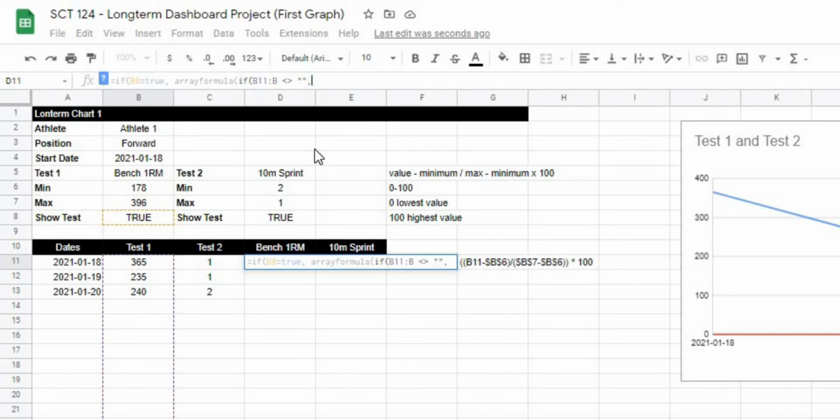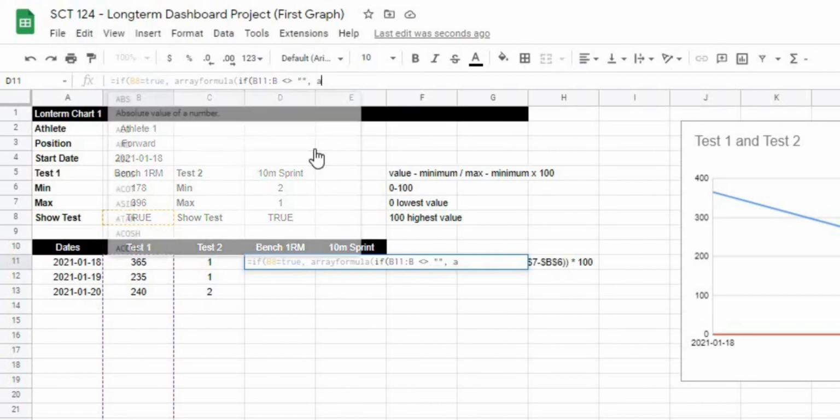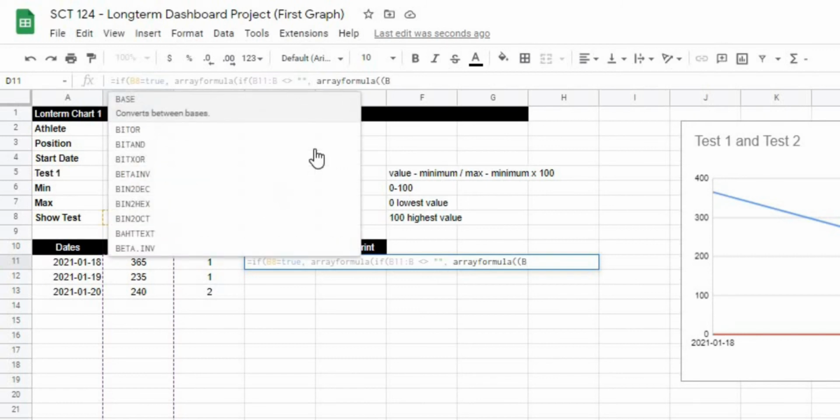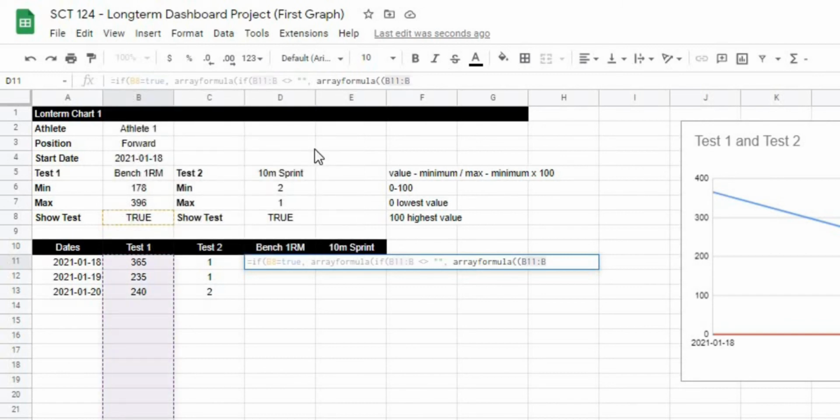blank, then what I want you to do is array formula, open this up, and we've got to put a bunch of brackets in here. So we're doing that min-max formula. So I want you to take that value, B11 to B, minus the min value, which is B6, lock that in, bracket, divided by, open this up, max, B7, lock it in, minus B6, lock it in, bracket around the whole thing